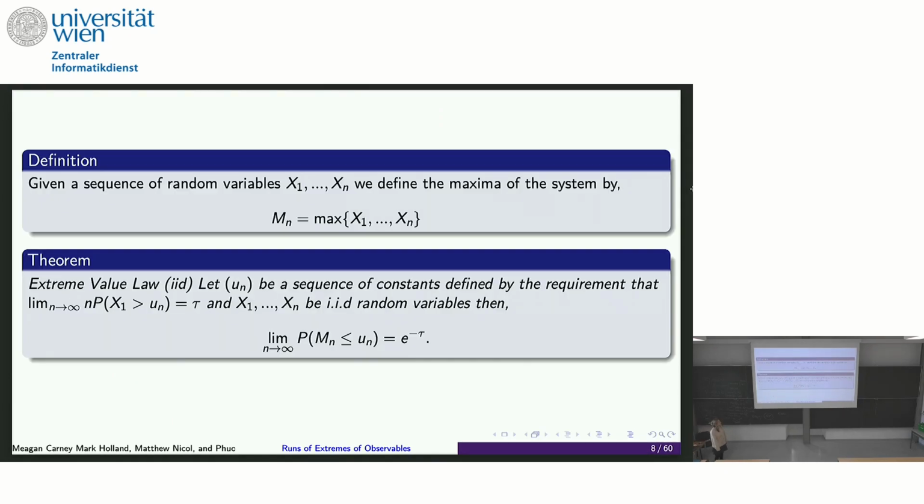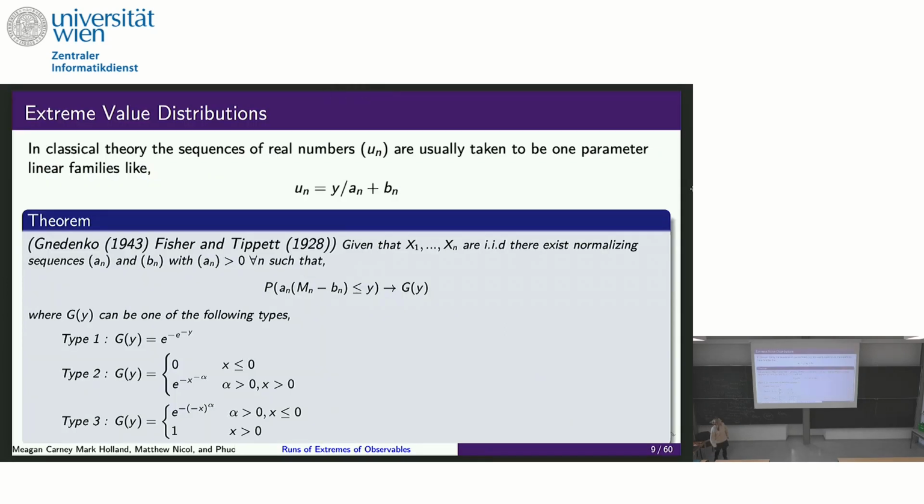So we have things like this, where we define our sequence of maxima for X1 through Xn being IID, sometimes also in the weakly dependent setting. And we define an extreme value law in this way. So we have to do some normalization on X1, but if we have IID random variables, then Fisher, Tippett, and Gnedenko told us that we have some extremal distribution, and that's e to the negative tau. And we can pick our sequence of thresholds un to look something like this.